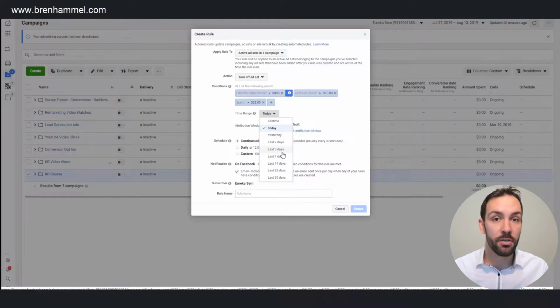I typically like to use 2 or 3 days as an aggregate. When I'm starting out new ad sets, I like to move it to today. So if I absolutely have an awful ad set that I've created based on whatever parameters, interests, lookalike audience, or what have you, I want that to turn off really quickly. I don't want to waste either my money if it's for my own businesses, or my clients' money if it's